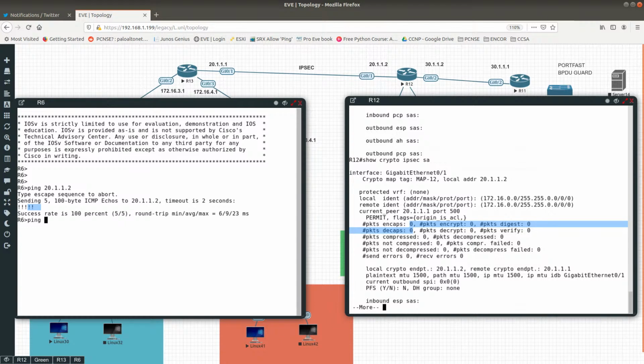Since NAT is translating this, what if we say, so whenever we do NAT, so in the access list for NAT,